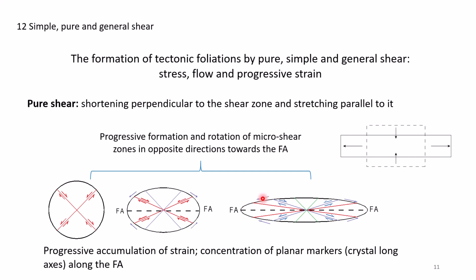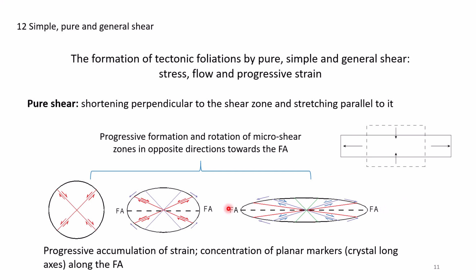That would imply that all shear sense indicators that form during progressive strain are either top to the right or top to the left, in dependence on where they form and in which orientation they form. All marker lines or micro shear zones, minerals, whatever is oriented in this rock in a specific orientation, will progressively rotate towards the fabric attractor, and with progressive strain, vertical shortening will become more and more intense and will be